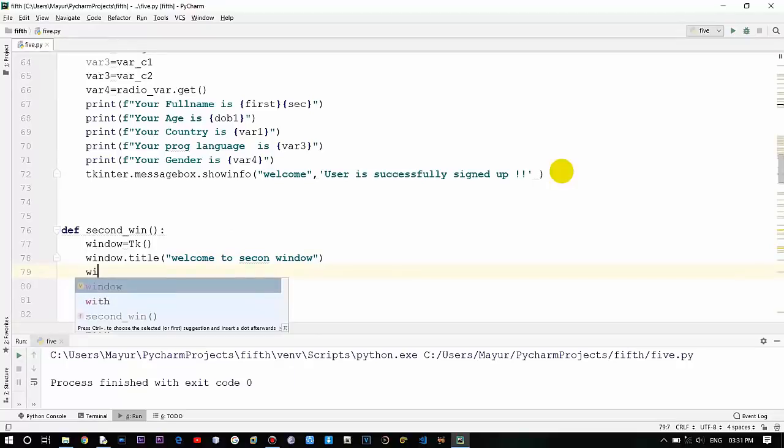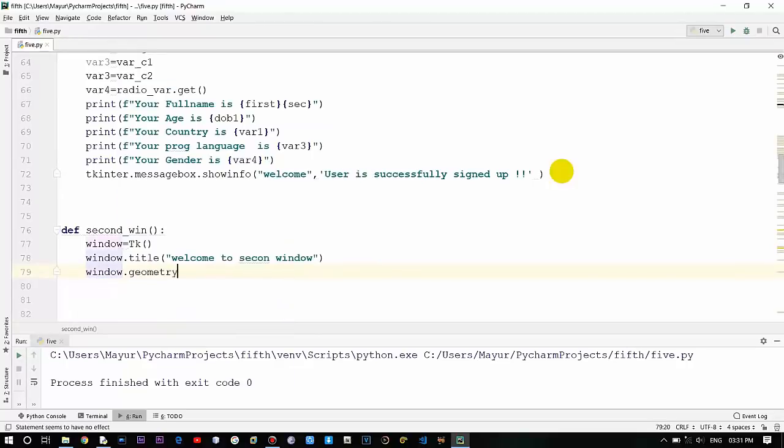Okay, now we'll just provide a simple geometry. We'll just provide it at I guess 250 x 200. So this is like a height and the width,